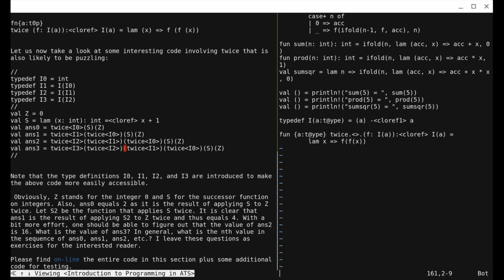Okay, so val z equals 0, and val s equals a lambda of x. It adds 1 to x. But you haven't explained what this equal cloref sign is. So I don't actually know what that is. It's some kind of closure anyway. So, okay, but where does it say it's returning a closure? Anyway,